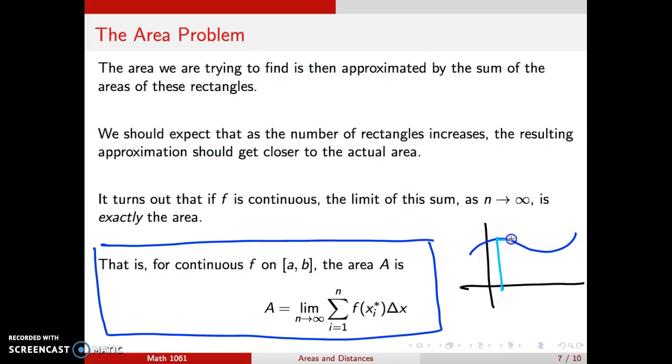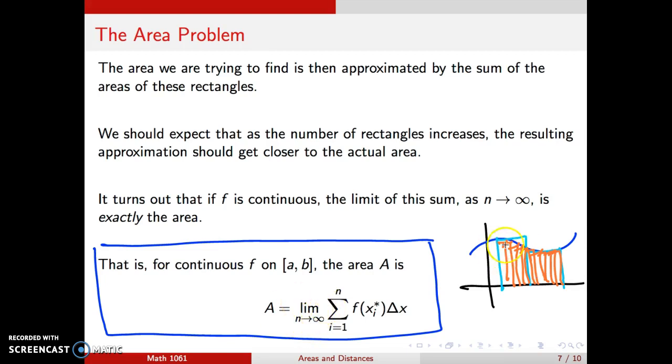if I had 2 rectangles, maybe that fills it in okay, good enough for me, might be happy enough with that. But maybe if I do a bunch more, you see that it fills it in better and better. There might be little wobbles along the way. We could come up with exotic examples perhaps, but generally the trend is as n gets bigger and bigger